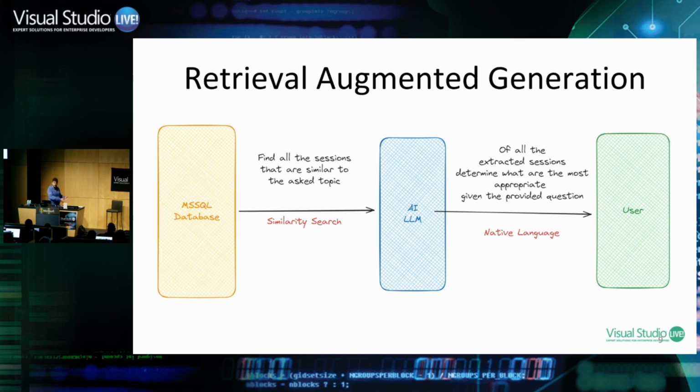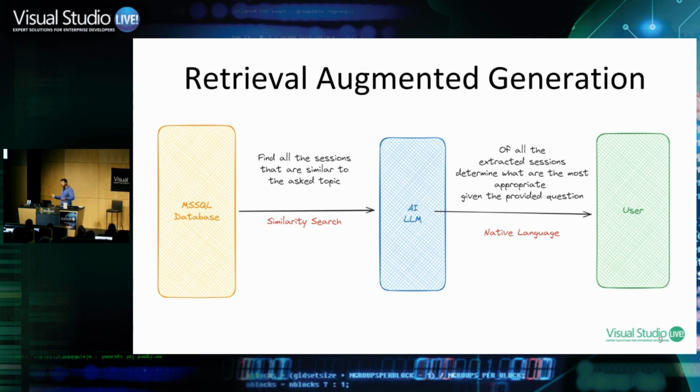AI models are expensive to run, expensive for you because you pay by tokens. Tokens are a set of words. So the more data you send to a model, the more you have to pay. That's why you want to send a model only those sessions that are somehow relevant. There is no point in sending a session that is absolutely not similar to what I'm searching for, right? Because I will just be spending money to get an answer I already know, like this, there is no session